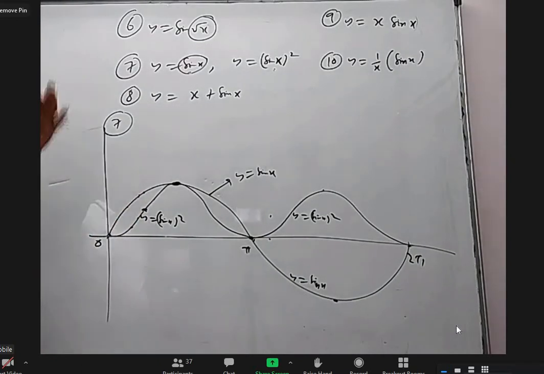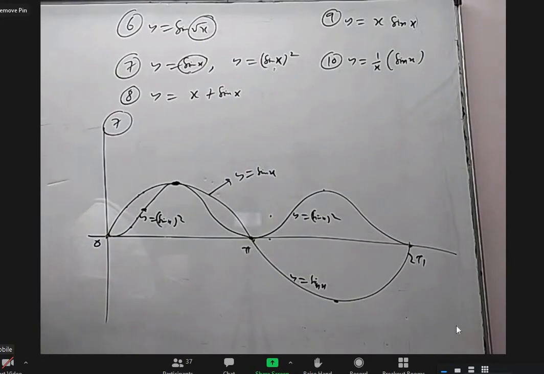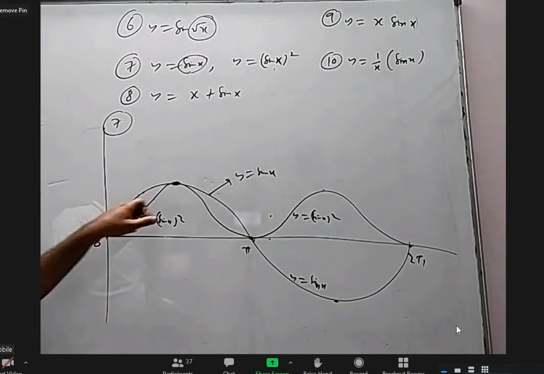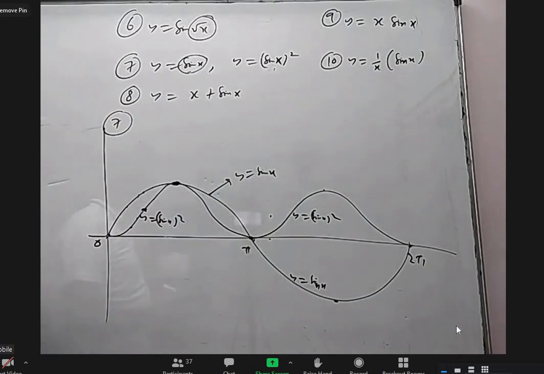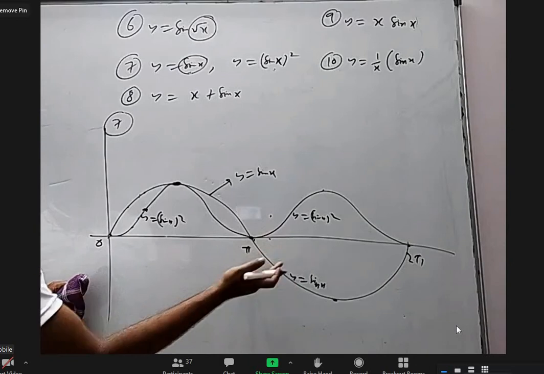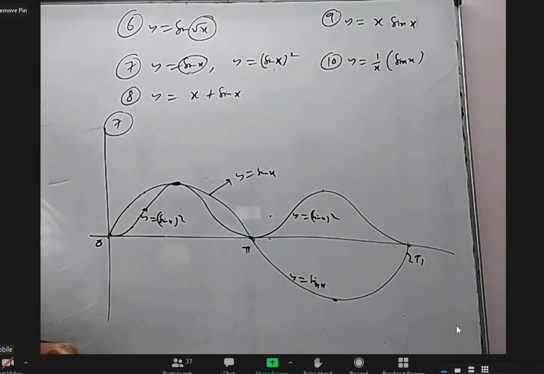Normally when you square something, it will increase. That is for numbers greater than 1. But these are numbers between 0 to 1. When you square them, they will decrease. That's why everything came down. Is it okay? Yes, understood. And when it is negative also, it will be positive. So that's why even though this graph is down, this graph came up.